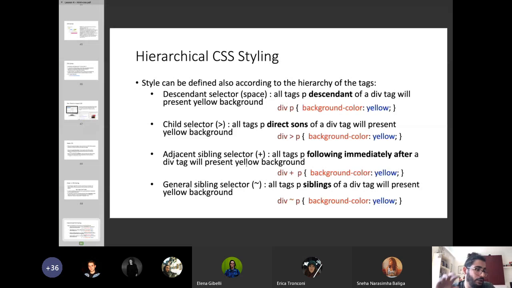So we can work, and I was saying before that this is really important, because it allows us to apply CSS rules to a parent and see that these rules are applied to all the children of the parent. There are different ways to express this. For example,